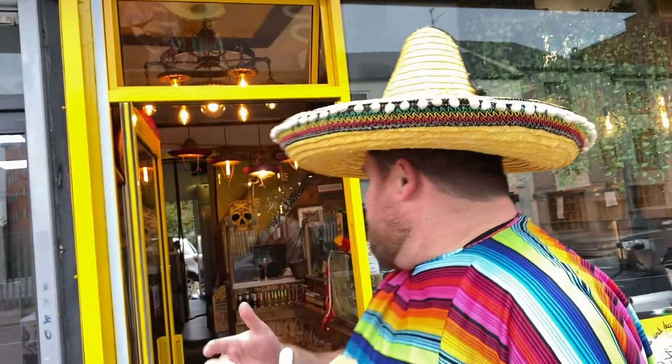Now, the obvious choice would be to get a taco. I didn't fancy a taco. I'm growing out of tacos. I find them quite messy, quite sloppy, full of flavour. I just don't like the texture. Looking at the menu, he's got a wicked menu of burritos, all sorts of other stuff that are not tacos. And I thought, why not dive into something else for you guys on the channel? Now, I've gone for